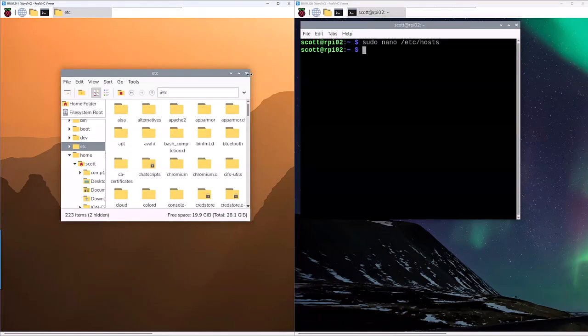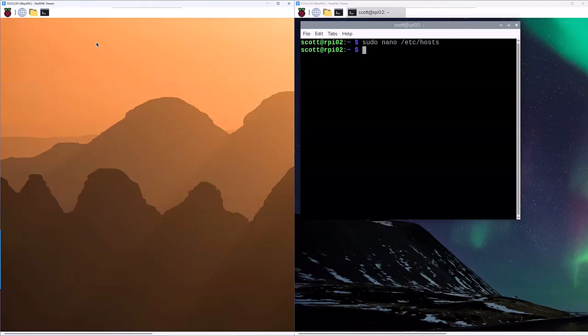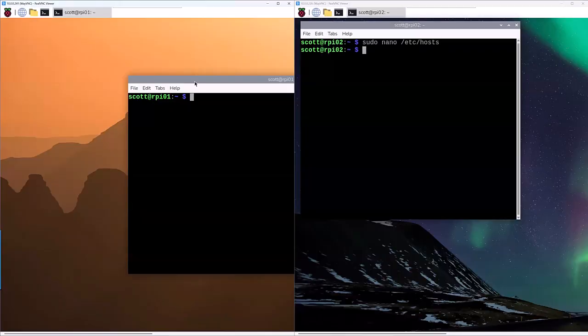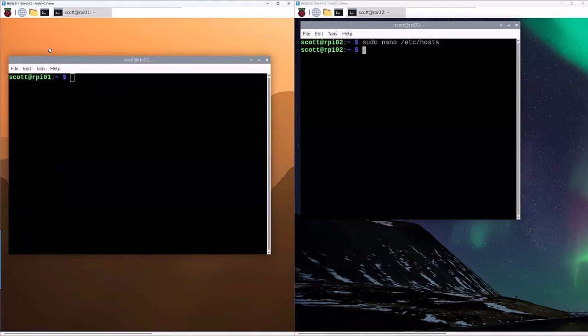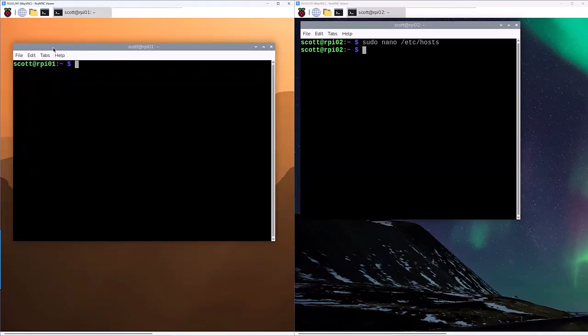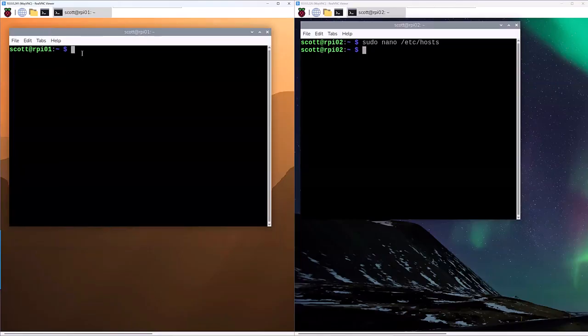Okay. But here's what I'm going to do. Because that Pi shouldn't be acting that way, I'm going to reboot that Pi and connect to it again. It just makes me concerned. And we've had some issues with this Pi. It's strange. We have a power supply that is a little glitchy on it. And earlier today, it just stopped talking on the network completely, even though it was up and functioning. We had no idea anything was wrong with it. But we get a notification every once in a while on that Pi saying, you don't have the full 5 volts required for this Pi to function properly. So I'm going to go ahead and just